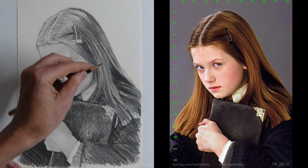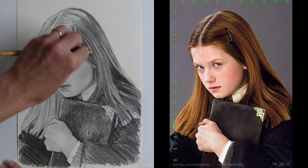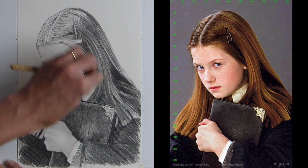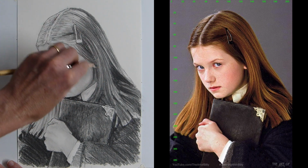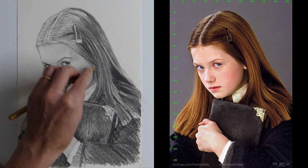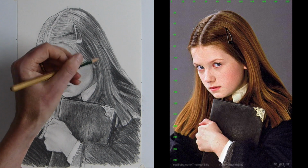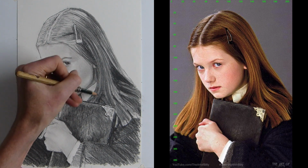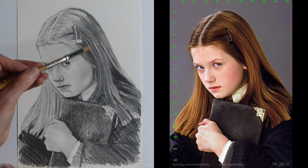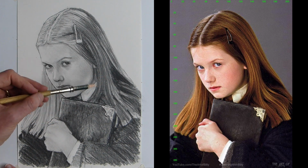Again, I'm using the tip, I'm not using the flat, because here we've got some lines coming up. I've put the tone down and we're going to come back in and highlight it, but I'm now just using the tip to indicate strands of hair coming down. But already you can see that looks more like the tone that we actually need. And we're going to put some highlights in here